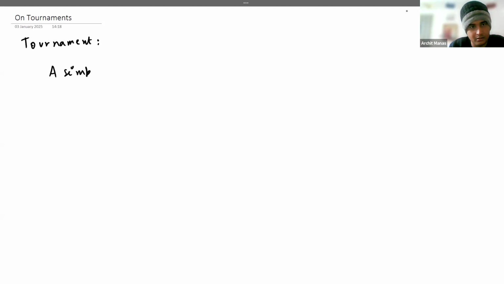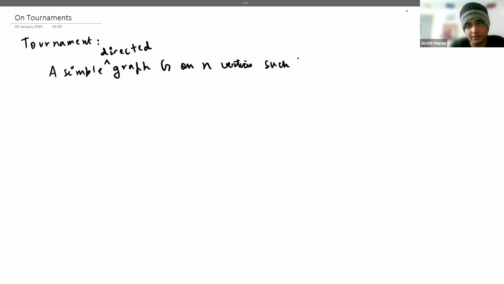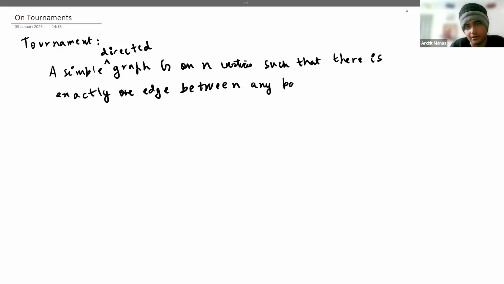A simple graph G on n vertices, well, simple directed graph, such that there is exactly one edge between any pair of